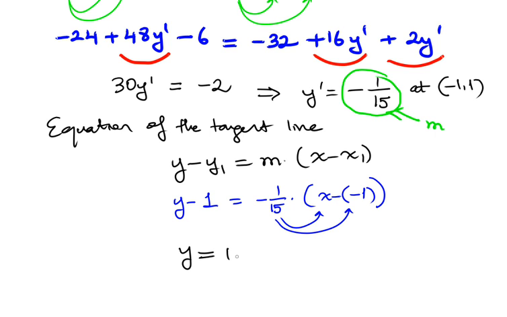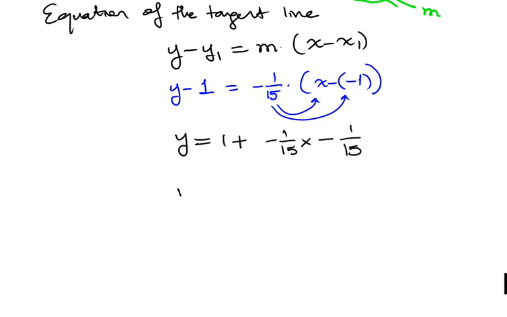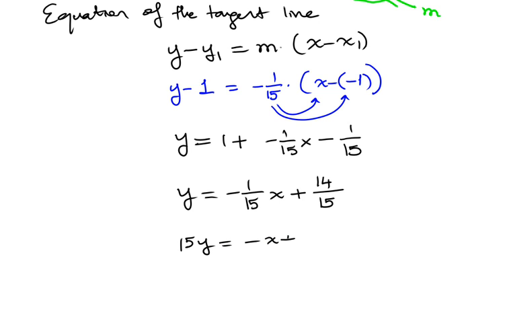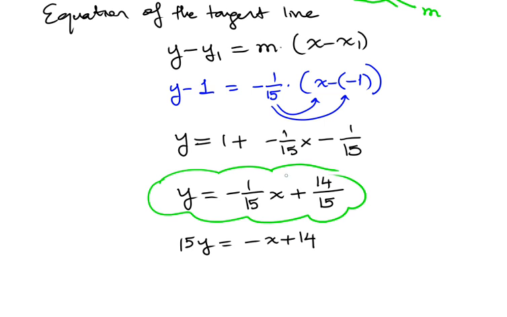So what you get is y equals 1 plus -1/15 x and then -1/15. So finally the equation is y equals -1/15 x plus 14/15. You can say that 15y equals -x plus 14 if you like, but this is good enough for us. So the slope is -1/15 and the y-intercept